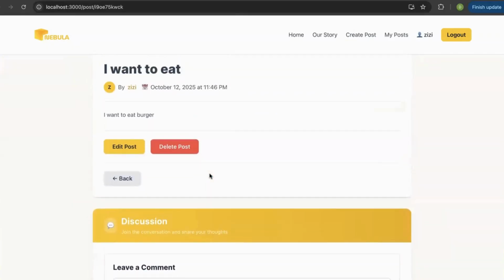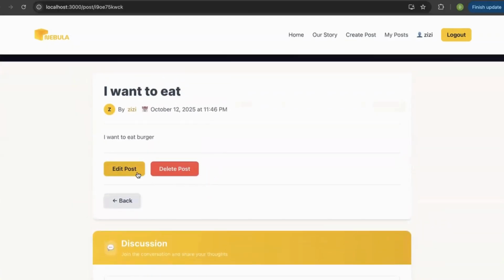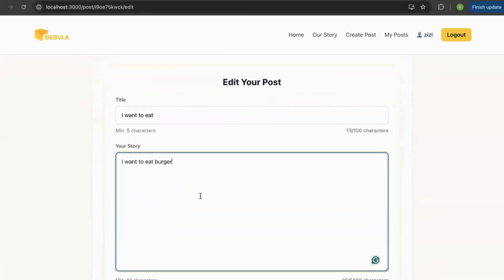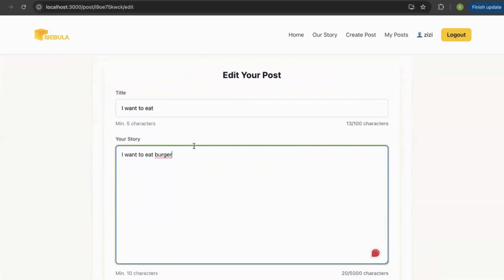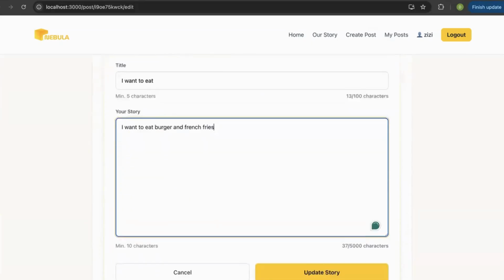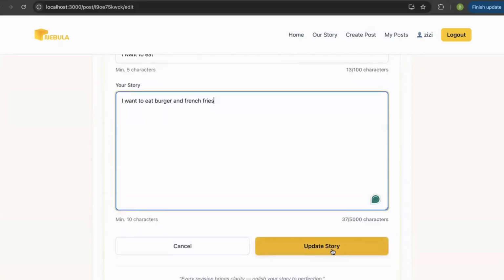To edit the post, we go to edit post here. You can see the form with the title and the story that we want to share. Now we're going to edit it and add French fries, and save it to update the story.